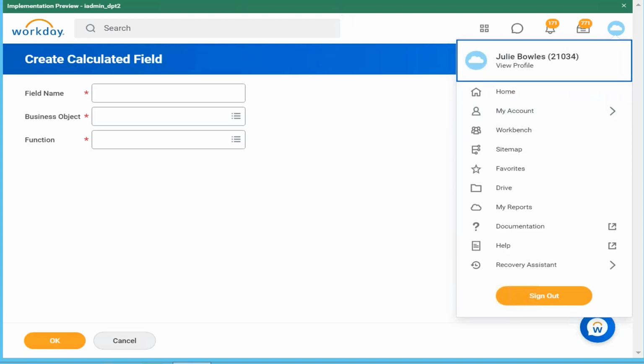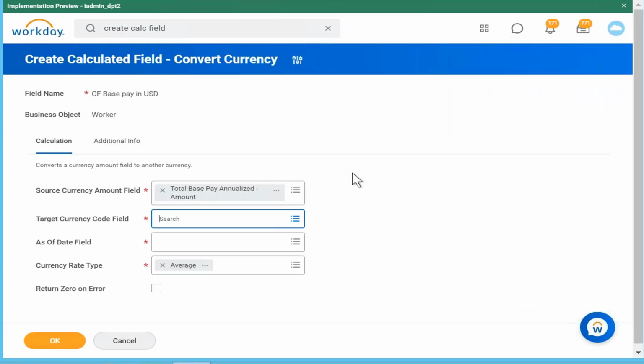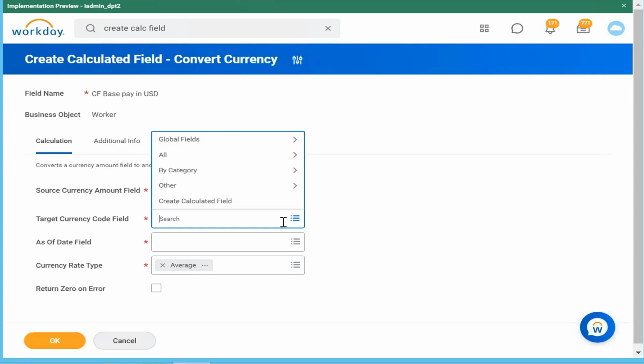So my requirement might be that any person who's running this report should see this field in their own preferred currency, which means whatever preference you have set up in your currency preference, you should be able to see the field in that particular currency. If such requirements come and you don't know the exact currency to convert it to, there is a field in Workday called user preferred currency. You can simply type that,